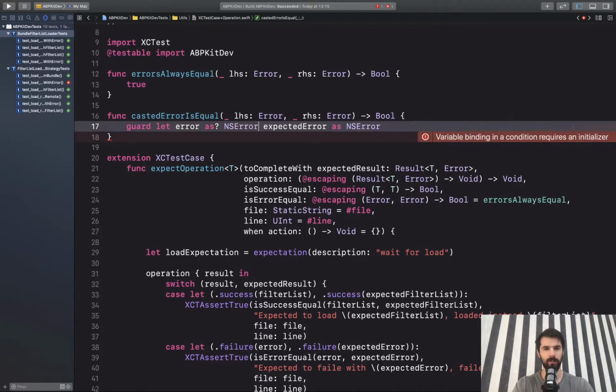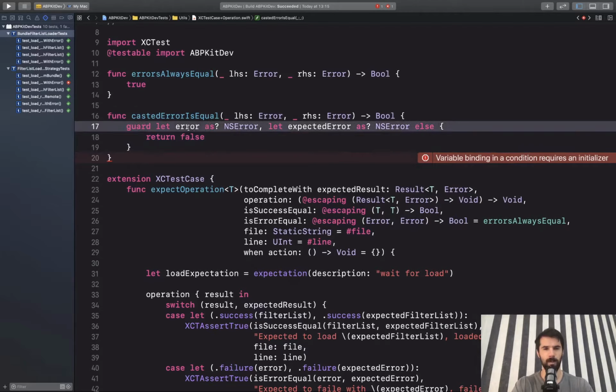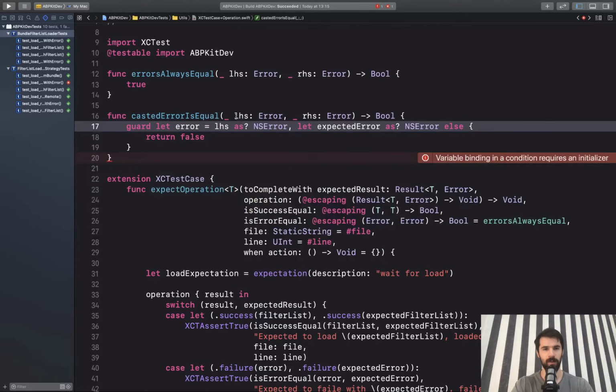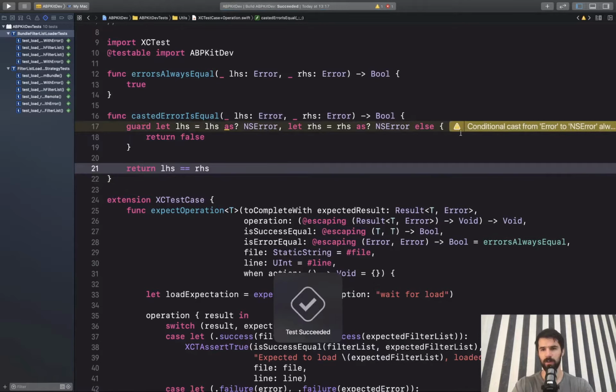And let me see here. Let's return false. Okay, and here of course we should have something like this. We can just use the shadow, so to say. So we use the shadow functionality that will use this LHS and RHS of this instead of this one. And let's make the comparison. Is it working? Is it not? Yeah,